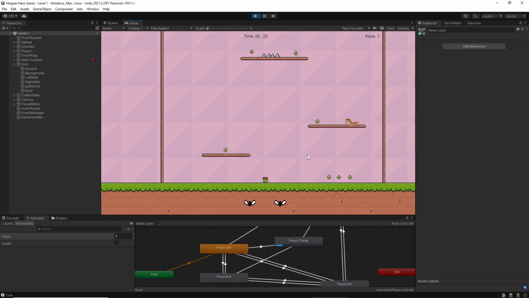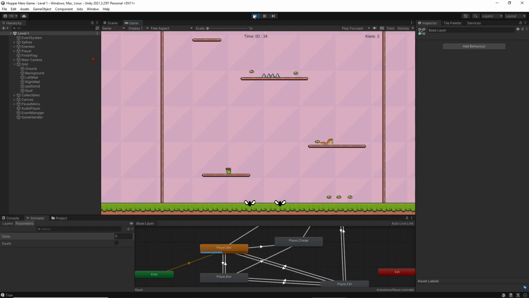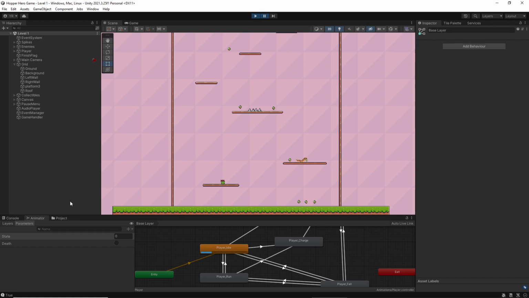And based on how much you hold it, if you don't hold it at all and just spam it, the player will not jump very far or very high at all. But if you charge it up, he'll be able to jump up. Yeah. So this is